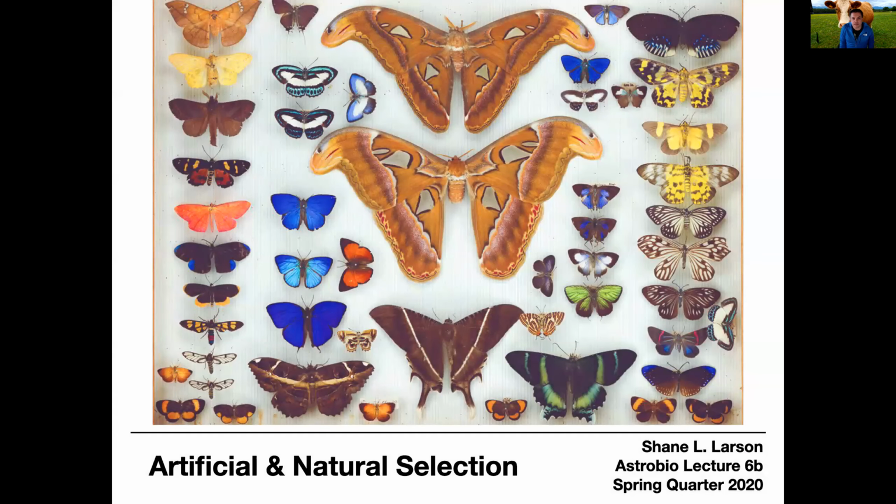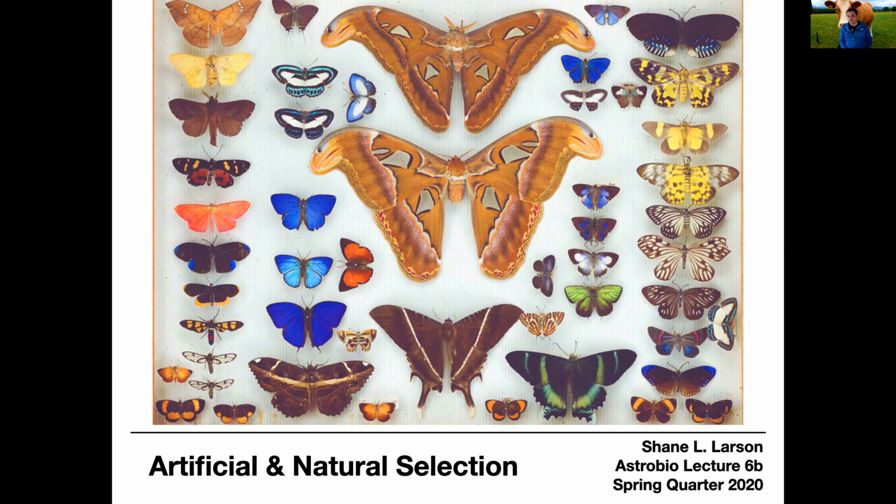Okay, so this is a famous butterfly collection of Alfred Russel Wallace. Alfred Russel Wallace was one of the two people to discover that natural selection is the driving force behind the evolution of life on Earth. You probably know his contemporary, who is more well known than Wallace, Charles Darwin. And we will talk about both of them eventually. Wallace discovered natural selection at more or less the same time as Darwin. He published a paper which pushed Darwin to publish his Origin of Species,